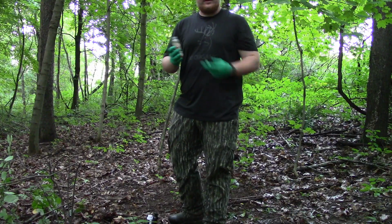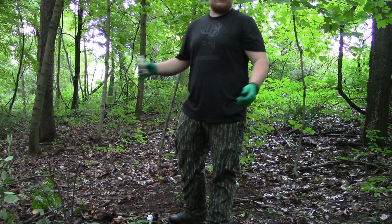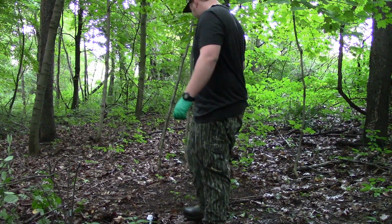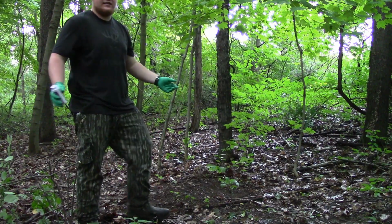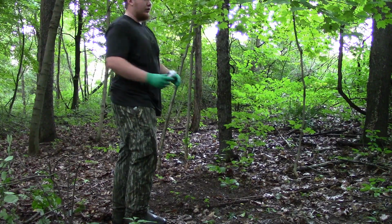Now the next thing I'm going to put in is the premium buck power shot. That way I don't have to come out here in a couple days to refresh this. I can wait a week and a half before I come back out here and do. Now the last thing I'm going to do, this is a necessity in every scrape,